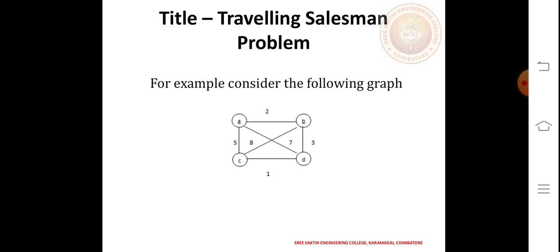This is an undirected weighted graph where there are four cities, that is A, B, C, and D, and the distances between the cities are mentioned over here. In these travels, we will take A as the source node, and the traveler starts to travel from A. While he travels from A, he has to visit all the nodes at least once. So he has to travel to B, C, D, and then come back to A. While traveling, we have to find the smallest distance, and that smallest distance will be the optimal solution.